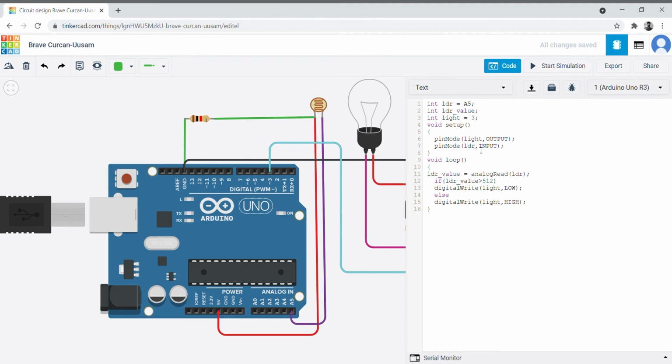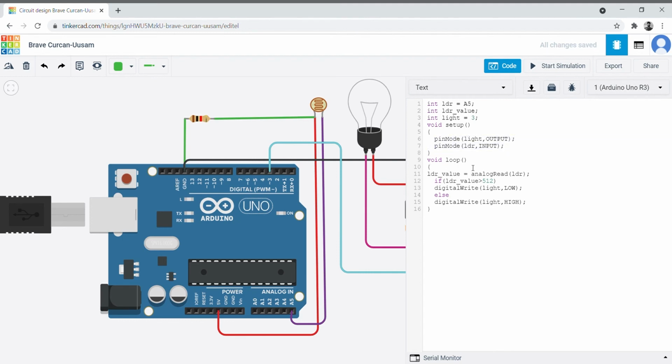You can see the LDR is connected to pin number A5, which is given over here, and the LDR outputs some voltage value. So we are taking that LDR value, and the light is connected to pin number 3 through the NPN transistor, as given over here. Coming to the basic setup, the light is connected as an output because we are controlling the light based on light intensity, and light intensity is considered as input, which is given through the photoresistor.